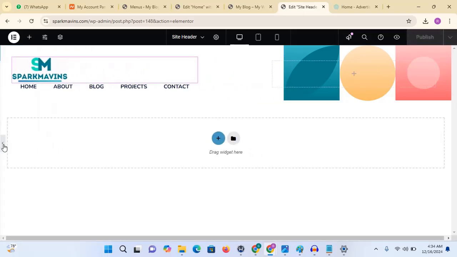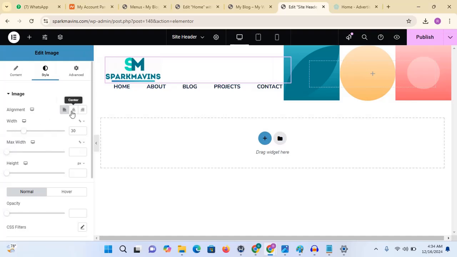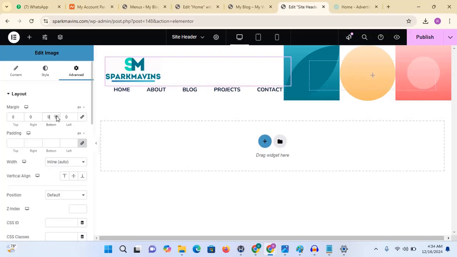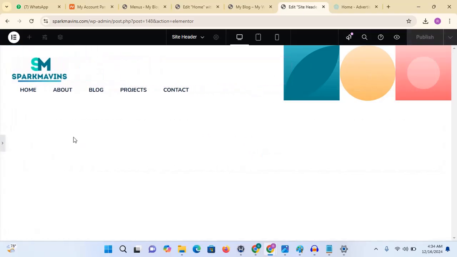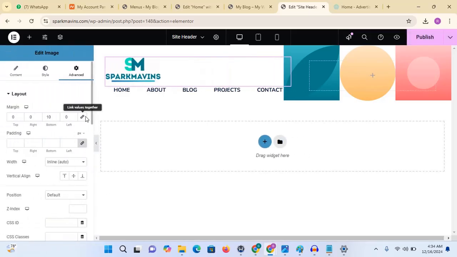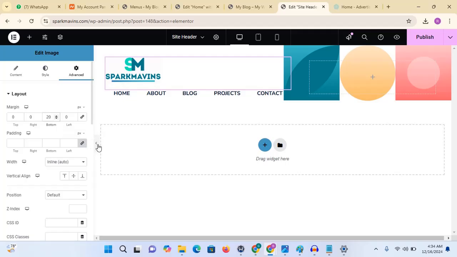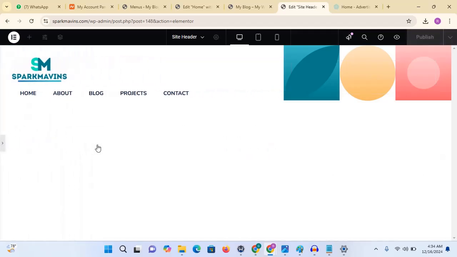So another thing I want to do to it is I would prefer if it has some margin bottom so that it can push the menus below a bit. So something like this. So I think it's okay, but let me push it below a little bit more, like this. So I believe this is okay. So then you can click on